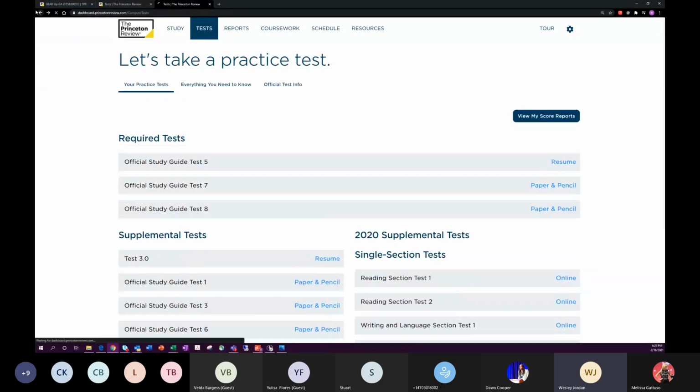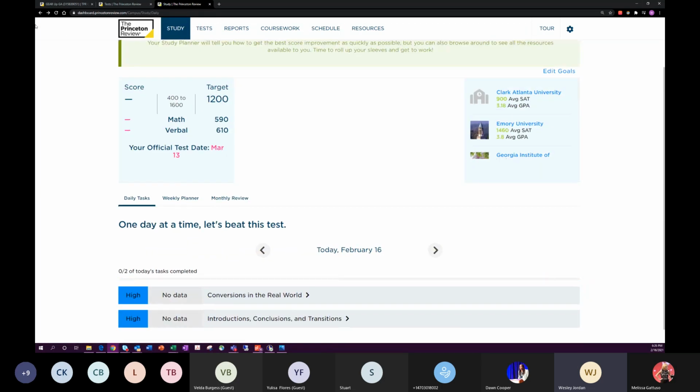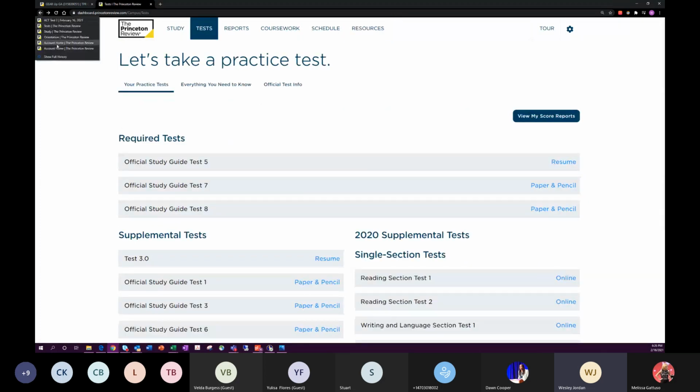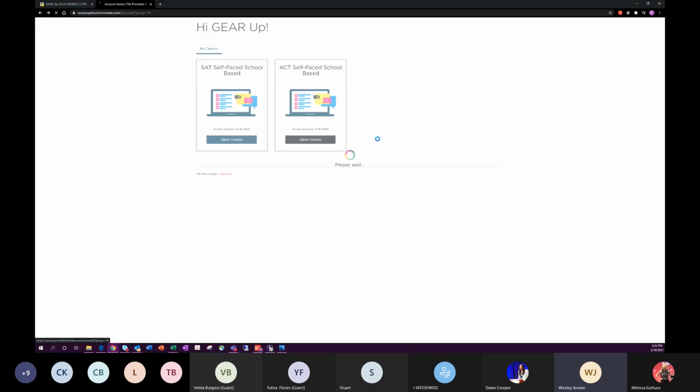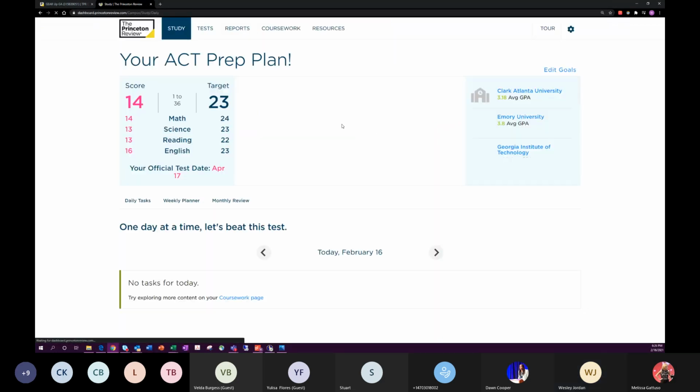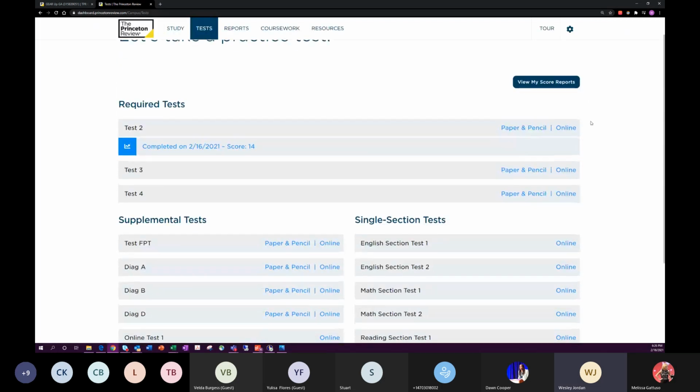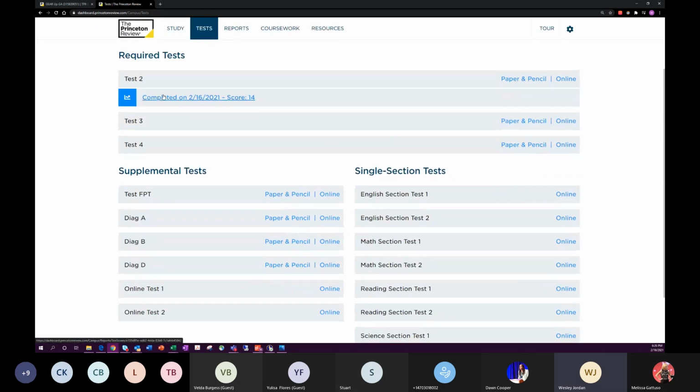And actually, I'm going to go back because this is what happens when you sign in twice on the same browser. So back to account home, and now just go into the portal proper here. There we go. So now if I click into tests, you'll see here's that test that I did the quick random answers on,